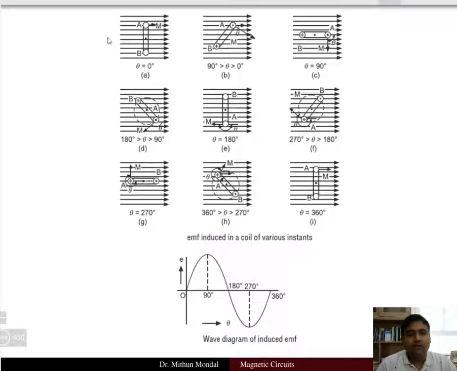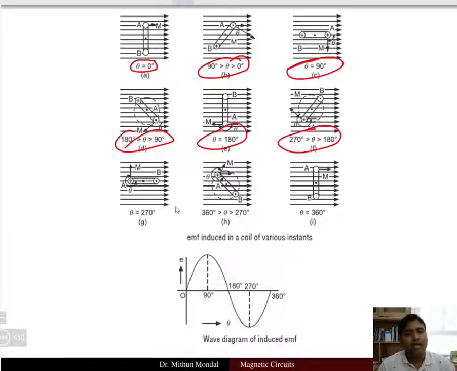If we see the value of theta from 0 degree to less than 90 to 90 degree, and then less than 180 degree, and less than 270 degree, and here you see theta to be 270, more than 270 and 360.